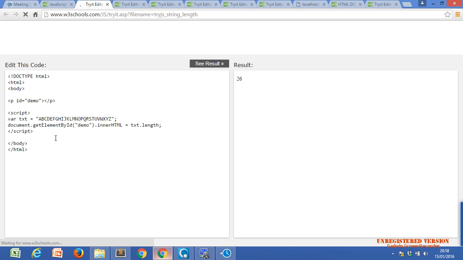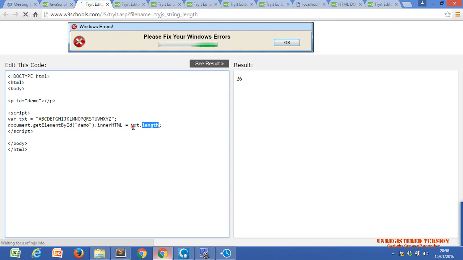The length property: txt.length, where txt is a variable, and .length will return the number of characters in your string type variable, nothing else. document.getElementById demo, this is the demo p tag, within which we will get 26. What are we doing with .innerHTML? We already discussed .innerHTML also.